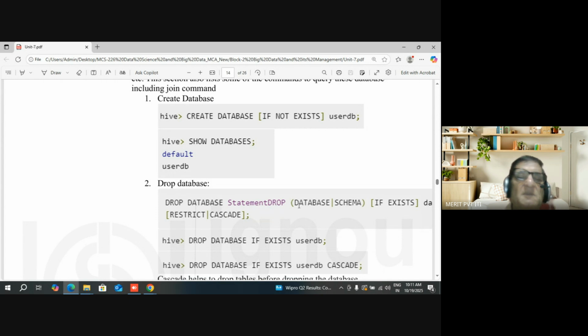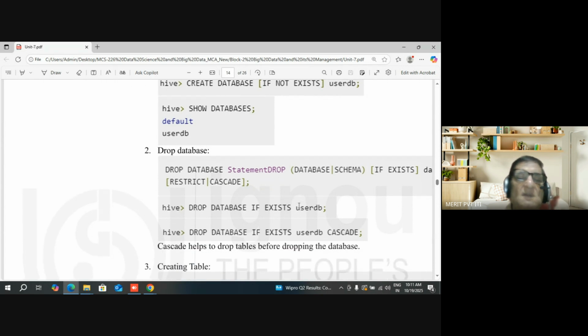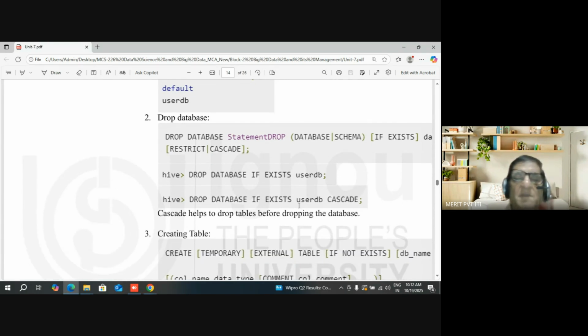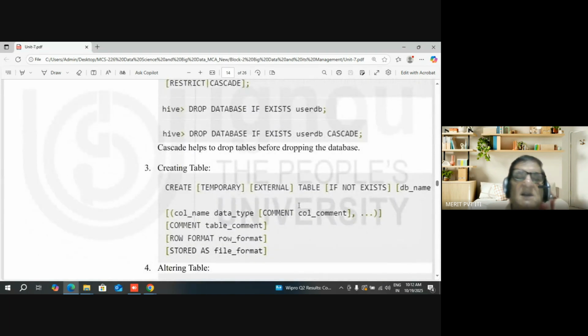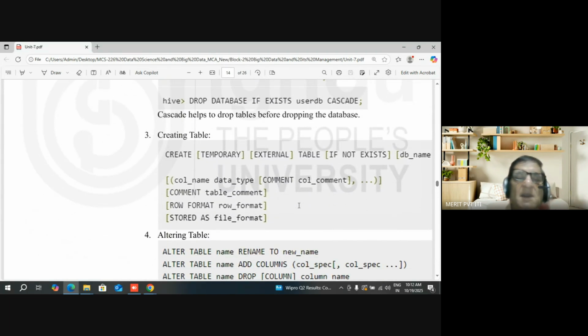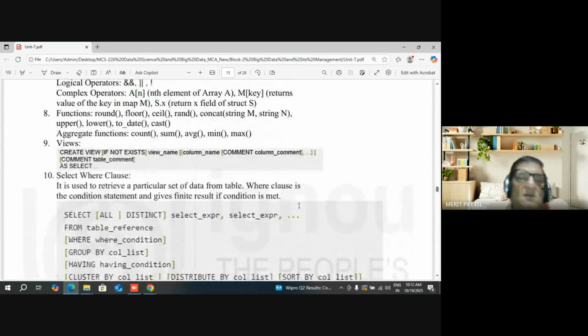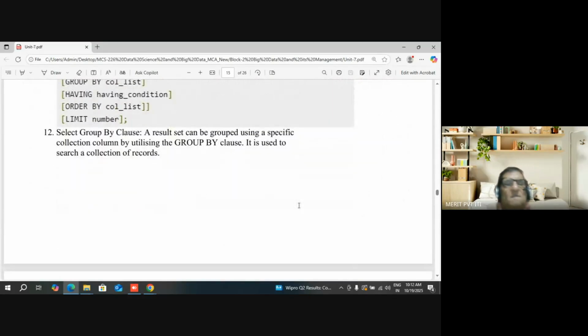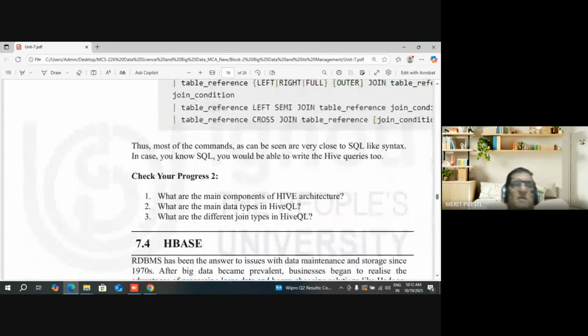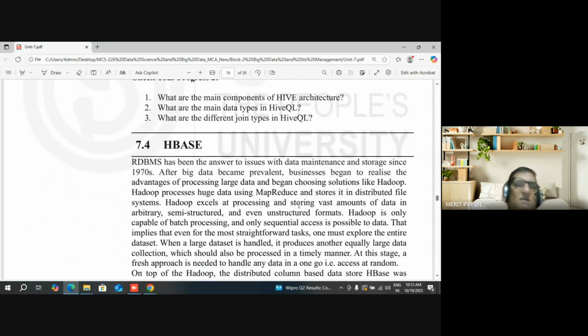Show databases, default user, use database statement, drop. So क्या है Hive drop database if exists, Hive drop database if exists cascade, and column name, comment table, so on, so forth. All these are programming in this. So ये सारा प्रोग्राम कर लिखा हुआ है।